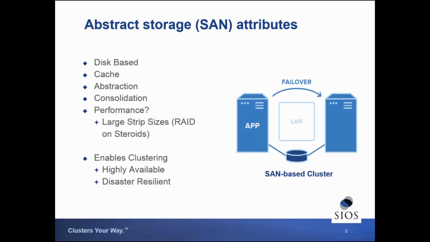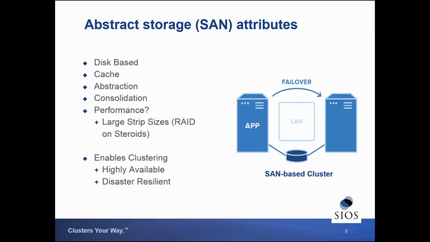to consolidate all this. Now, performance, in theory, a SAN is going to perform better because of large stripe size, kind of like RAID on steroids. Internally, it uses the different RAID levels that we've come to all know and despise, or love, depending on which ones they give us. But it uses very large stripe and block sizes, almost like it's trying to read an entire cylinder or track at one time, trying to minimize, basically aggregate all the little bitty IOs into one big